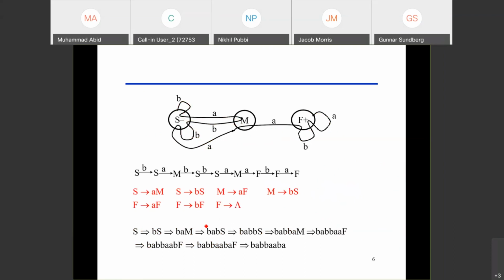And then we can see whether we can accept this word by the derivation method from this grammar. So look at this one. We start from S, and then we replace S by BS, and then AM, and then we did this because we have this word in front of us that we want to generate, and we choose different production rules and we generate the word. So this is what it means that if you have a regular grammar, if you have a context-free language,